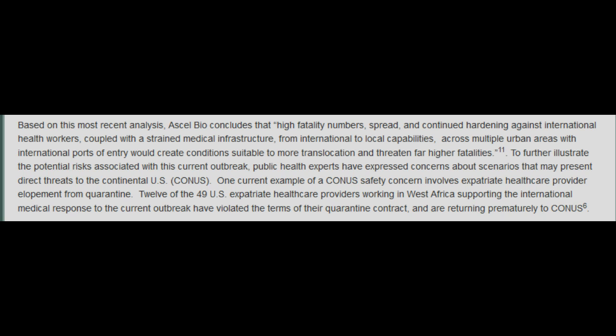We've seen that. 12 of the 49 U.S. expatriate healthcare providers working in West Africa supporting the international medical response to the current outbreak have violated the terms of their quarantine contract and are returning prematurely to the U.S. 12 of the 49 are getting out of Dodge regardless of the quarantine, and they're just coming back because that's how bad